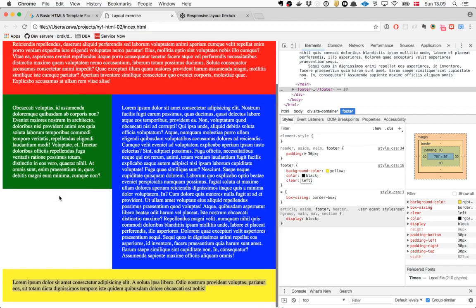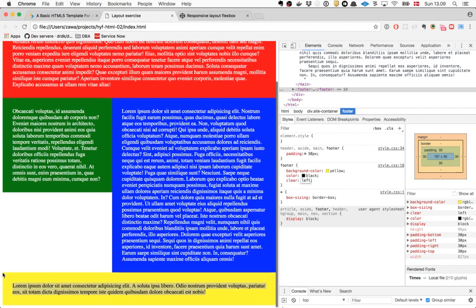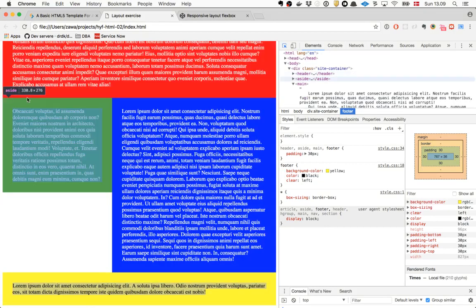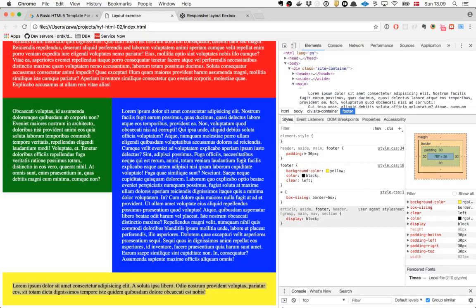See what happened? So suddenly the yellow box starts where we wanted to start instead of starting all the way up there. And what does that clear rule mean? That means that we don't want to have anything sitting to the left of us, no matter what. The only thing we want to the left is the side of the screen.